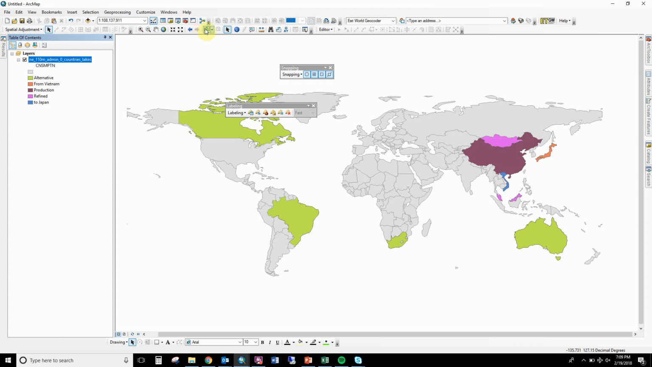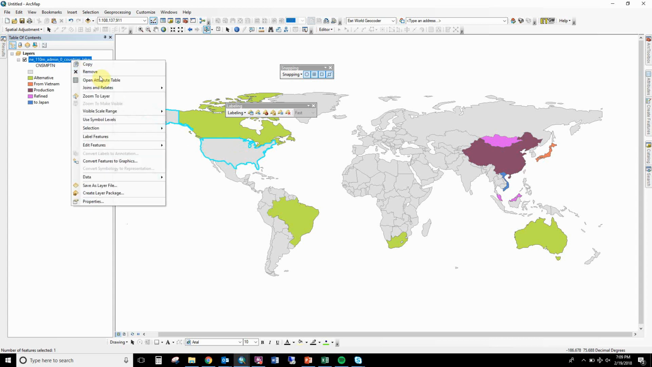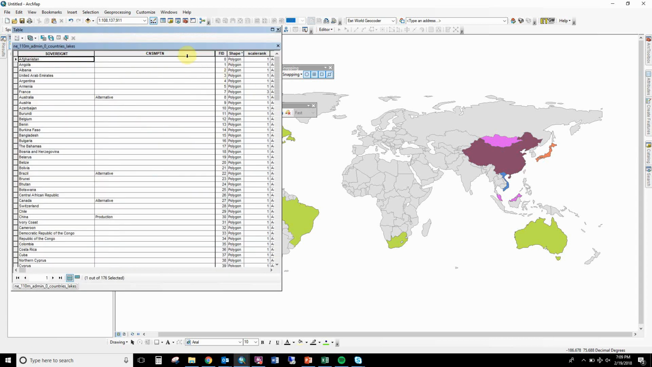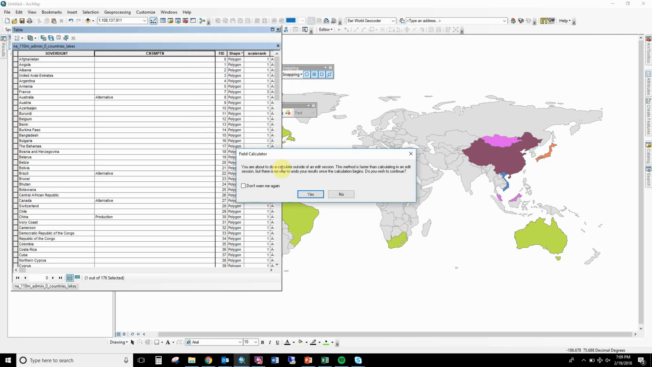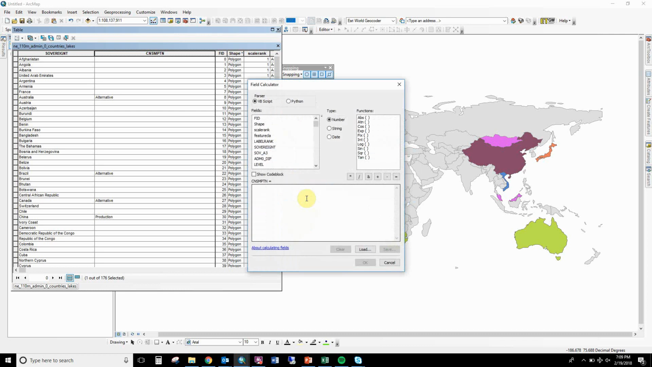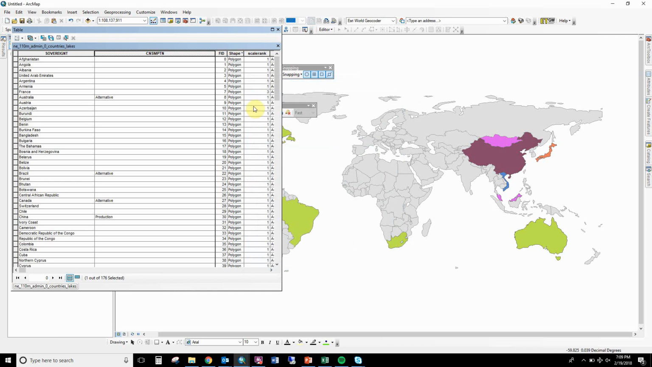One thing I noticed is the US is an alternate, but I forgot to mark it. So one way you can do that is I selected the US, go in the attribute table, and field calculate for just the US. I'm going to do that as alternate. The way I knew that it was selected when I opened the table is it says there's one selected down here. I've done it a million times, but